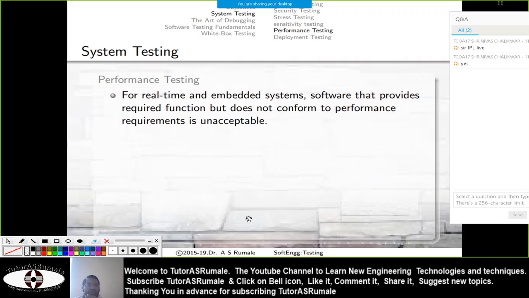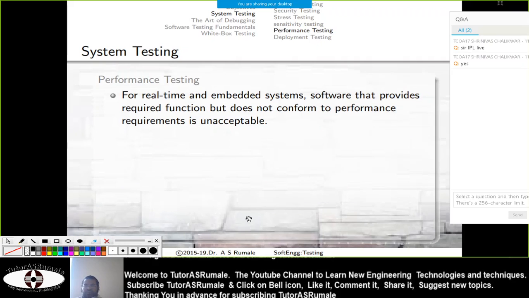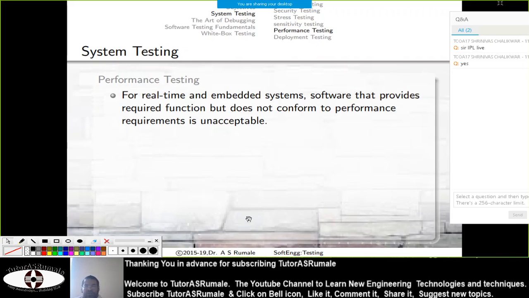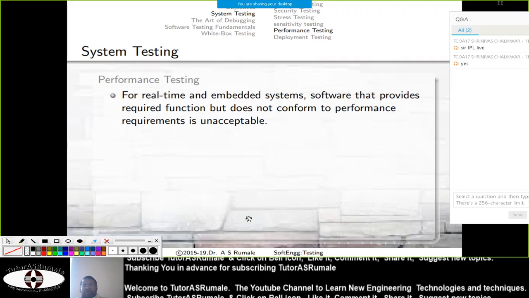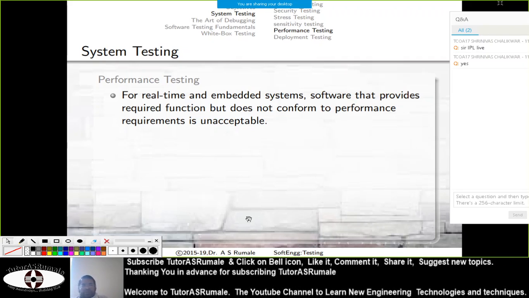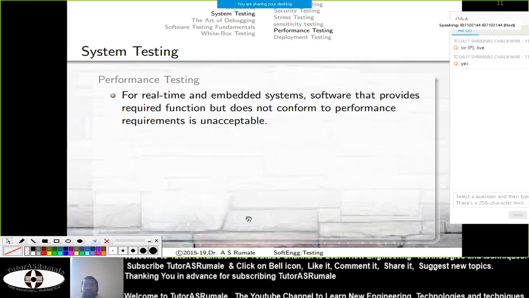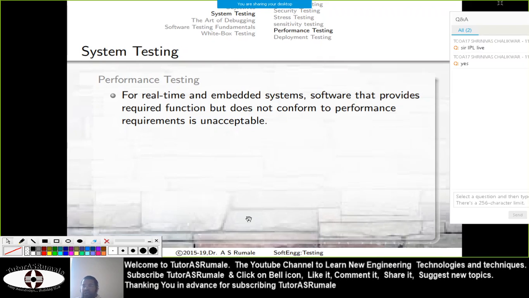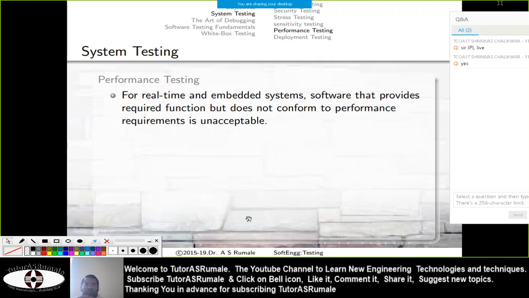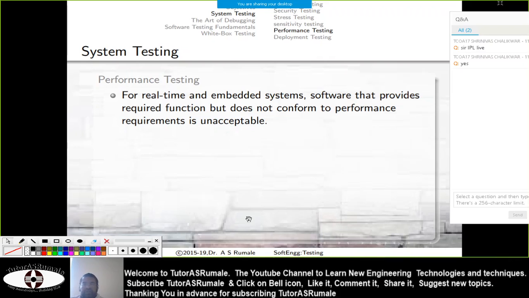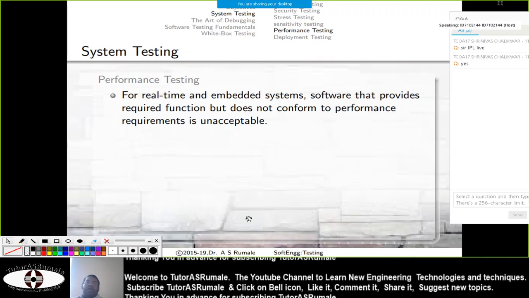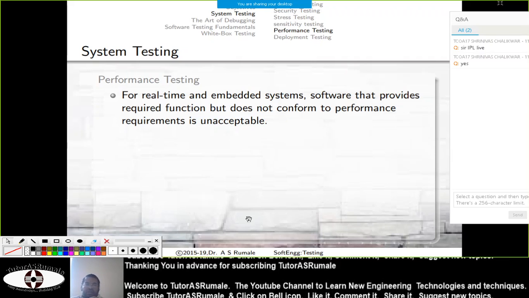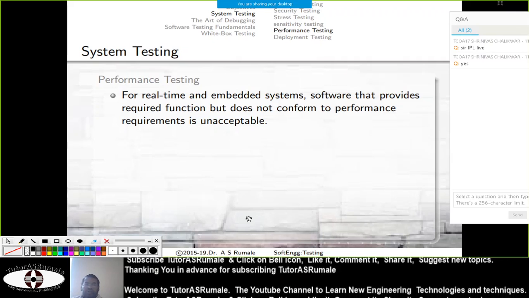Then the performance testing. For real time and embedded systems, these performance testings are there. Actually, in a real time system, what is performance? You know, Chernobyl in Russia, the pressure valve in the Chernobyl nuclear reactor needed to release some pressure within a fraction of a second, but that didn't happen in the real time system, and it caused the system to go down, and Chernobyl happened.